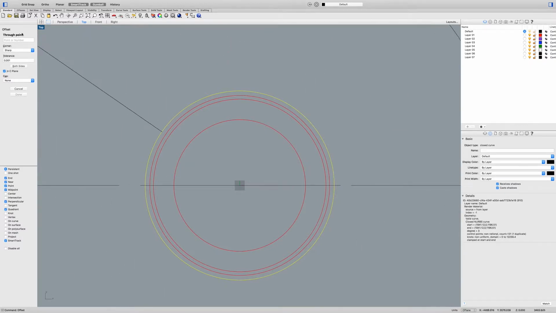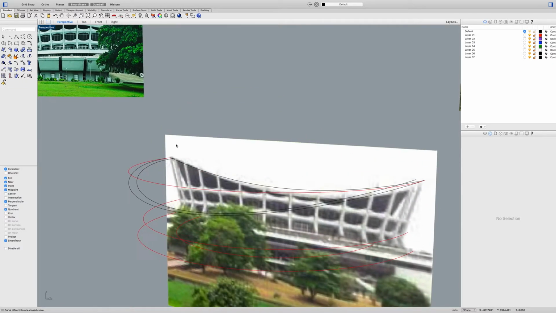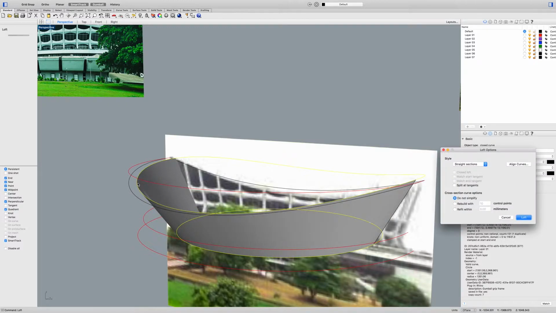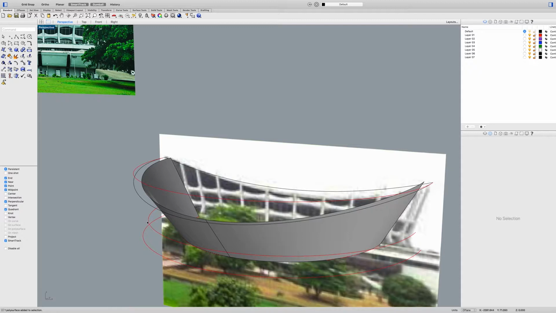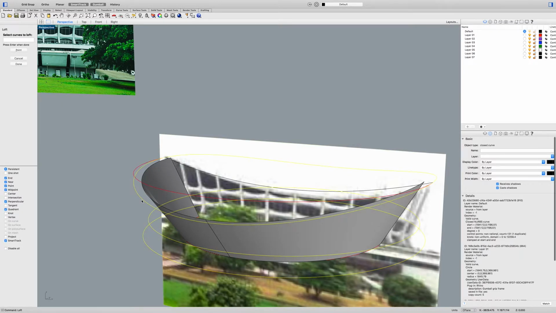If you click on through point, you would have this. Normally in Windows, your commands will not show here. They would show somewhere above here. But it basically does the same thing. So I would type in 100 inside, then I have my inner curve. So then I can loft this 1 and 2, okay? Straight sections, do not simplify, loft. So I have this. And then I would do the outer one, 1, 2, 3,